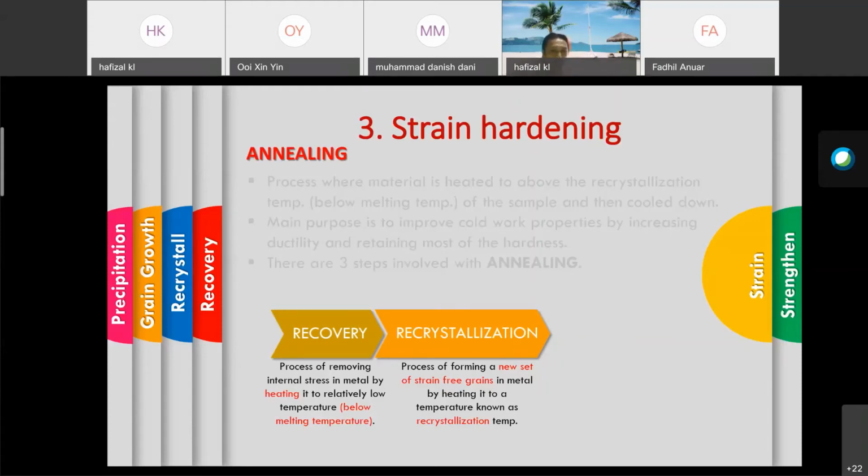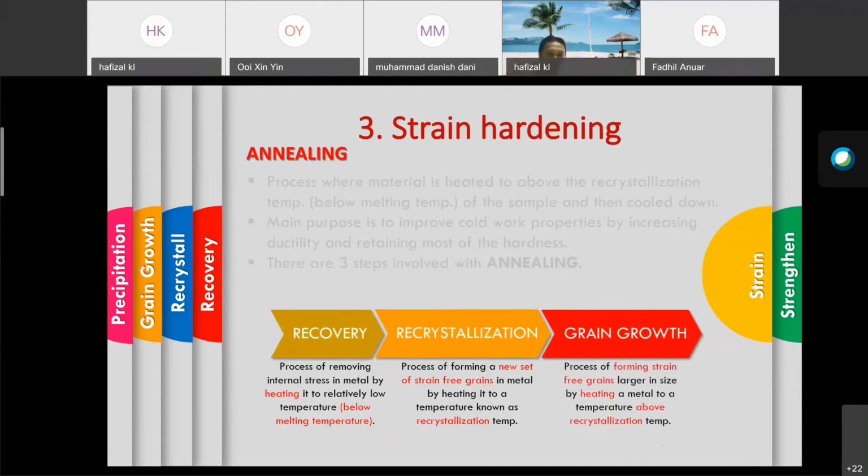Okay, so the point dekat sini kita nak introduce nucleation again, from the original grain boundary. In the grain boundary, nucleation takes place. After this, we will see the final part, which is grain growth, when the recrystal or nucleation takes place, and then the